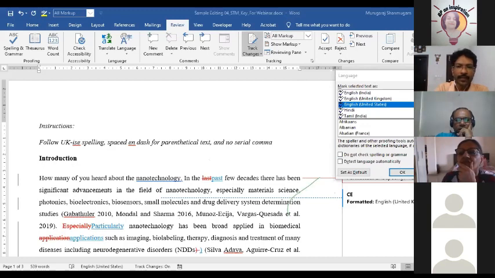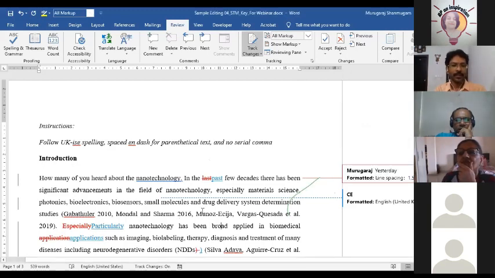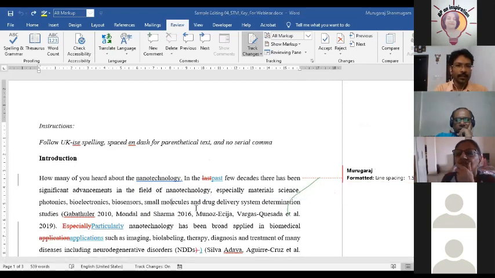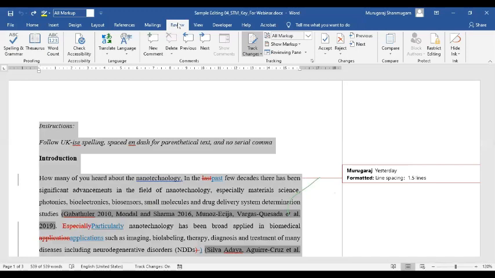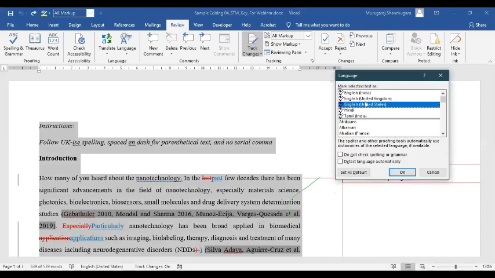All right. Okay. So anyway, for the sake of repeating it. All right. So you select all and then set the language by clicking on the review menu under language, set proofing language. You change the language that you want. See, these are some of the languages that I use very often. So they appear at the top as my most frequently used preferences, but you can see a lot of other language choices are also available as a drop-down menu. You can choose whichever is appropriate for you.